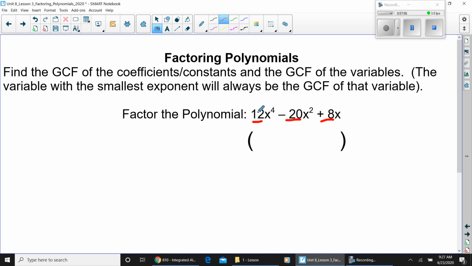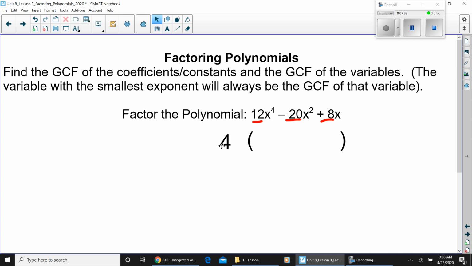So let's move it up. 4. 4 goes into 12, 4 goes into 20, and 4 goes into 8. Let's see if 6 can go, no, 6 can't work. 8 goes into 8, but 8 doesn't go into 20. So what we're looking at is 4. So what I do is I just put the 4 on the outside,